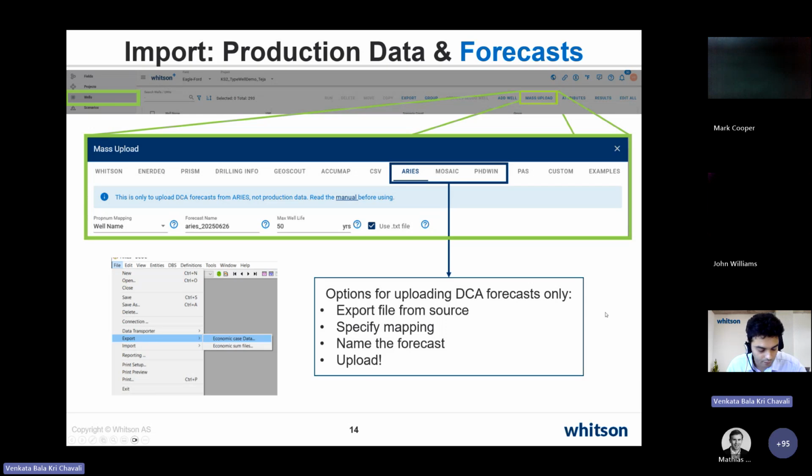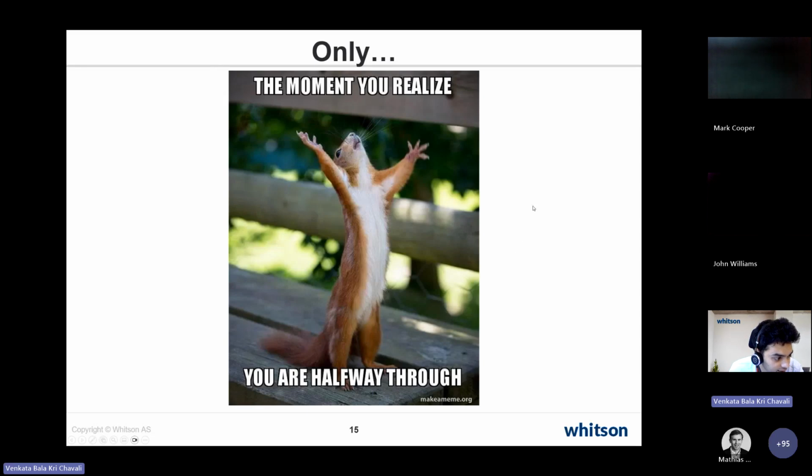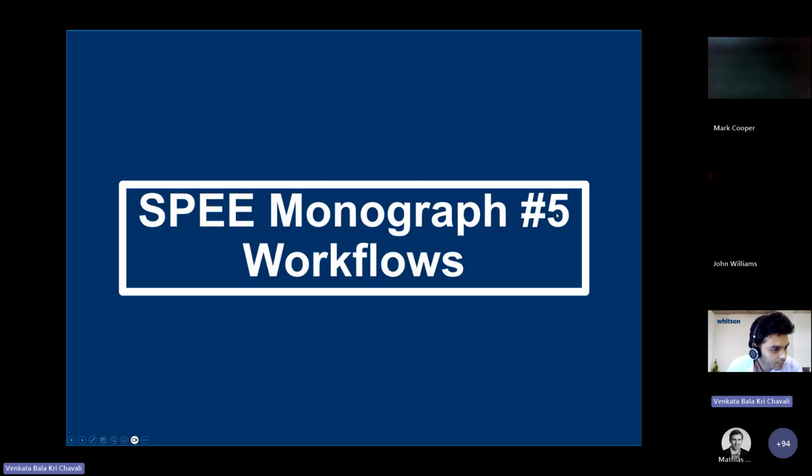And that should take care of everything needed. And you should have your declines in each of your wells. That's basically, you're only halfway through, right? All your input data is in, all your projects are set up well, they're all streaming in production data automatically. But effectively, you're halfway through, because the next thing you need to do is basically build your type well architecture,